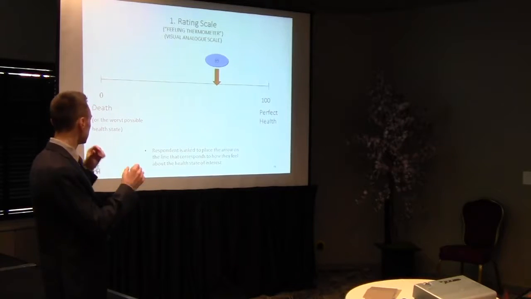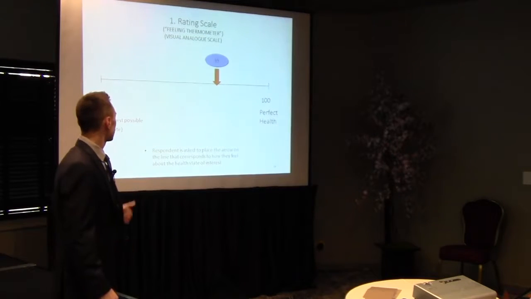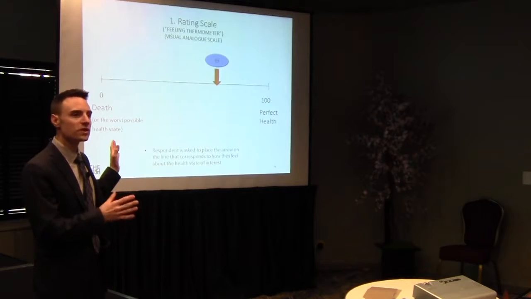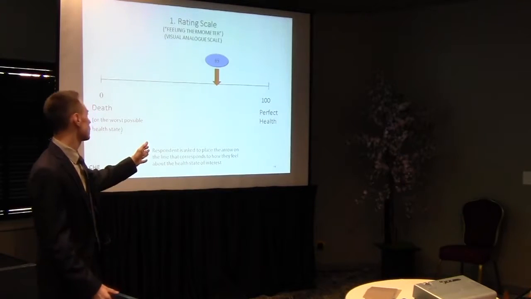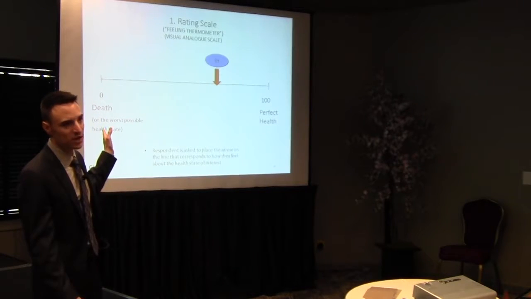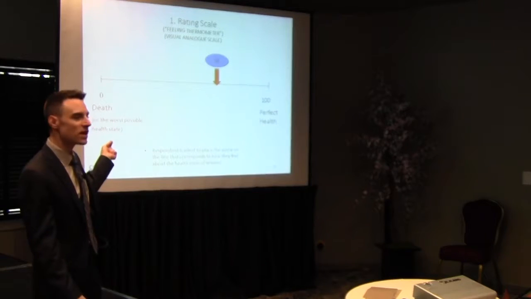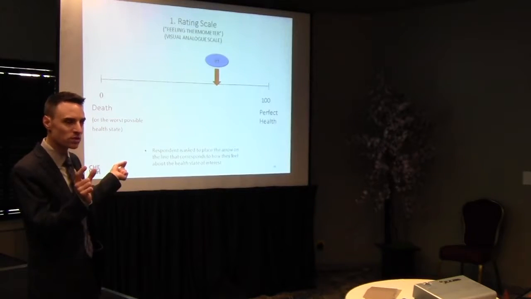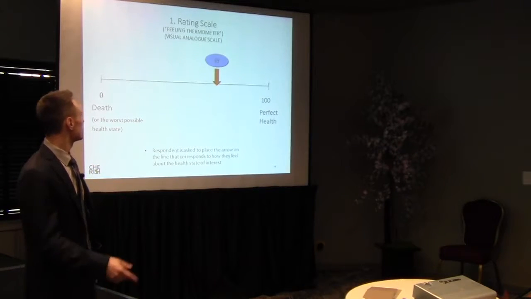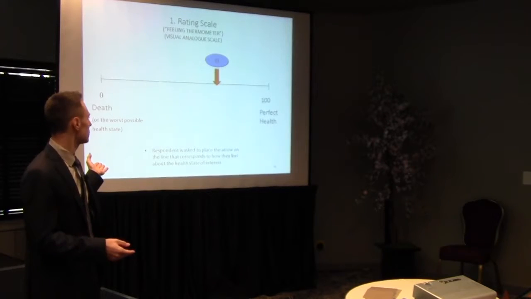So we basically show the participant this scale and say, okay, where on this line would you place how you're feeling right now, let's say. So 100 is perfect health, 0 is death, right? They might say, okay, well, I would say 65. Well, then we just divide that by 100 and we say, okay, so your utility value, we're going to do this on a 0 to 1 scale so that we can weight our time, and we'll talk about that in a minute. But the next slide will just show us that your utility would be 0.65, right? Okay,